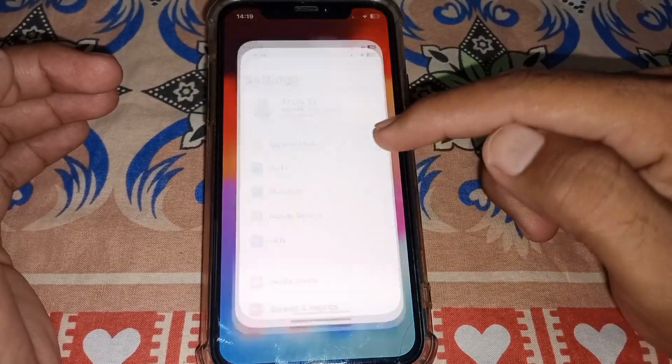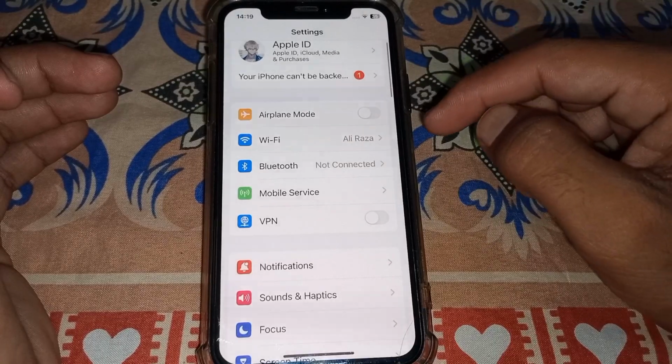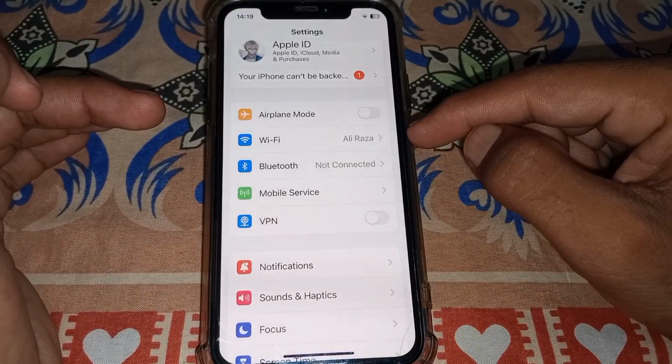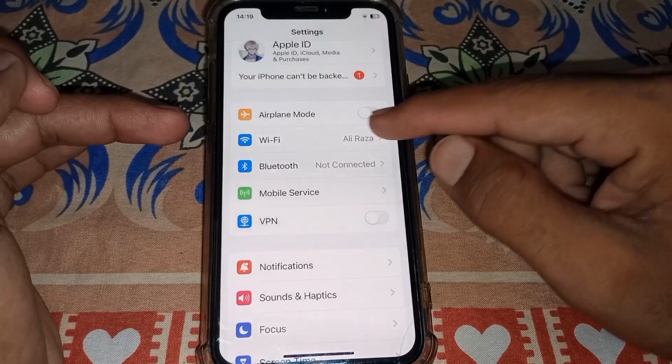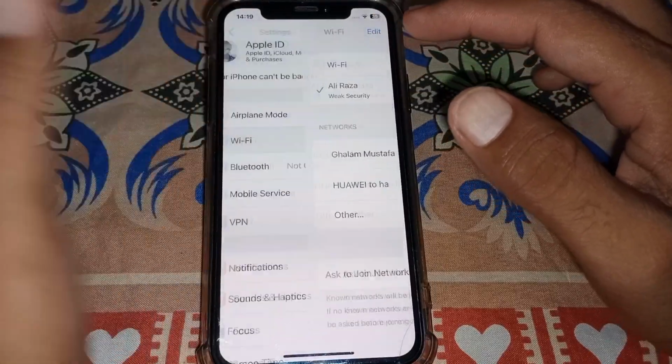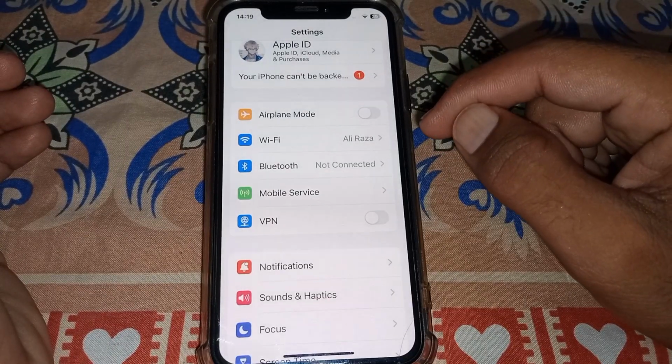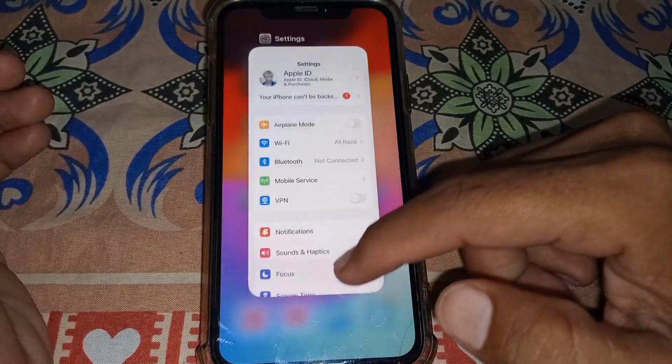So first of all you have to go to settings, and first of all you have to make sure that you are properly connected with the internet. Okay guys, if you're using Wi-Fi, just simply go to Wi-Fi, turn off the Wi-Fi and then turn it on. Now after that guys, what you need to do is just simply close this page,